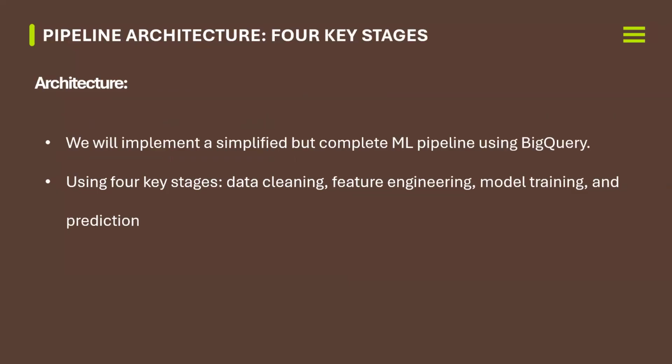Like I said, we'll be looking at four key stages, and we'll implement it using BigQuery only. We'll use the BigQuery scheduled query feature, which allows us to add each step one after the other, and then we can execute the entire pipeline anytime new data comes in, or we can schedule it to run at any particular time we want. So let's say for our company, we know that every Monday we get a new data upload. The information from last week is uploaded into our database.